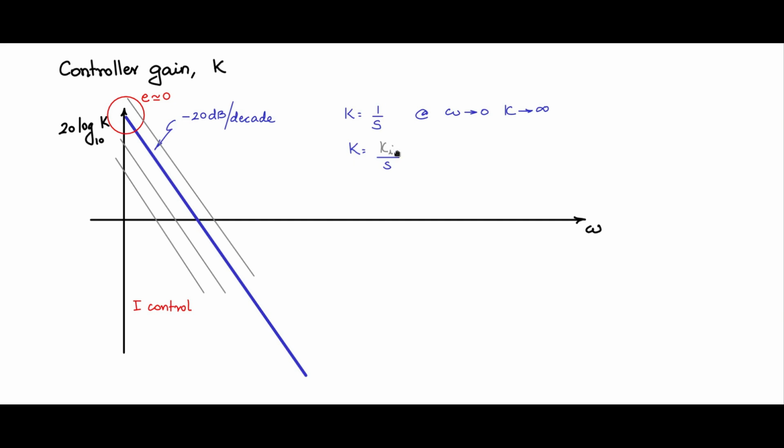For any other value of Ki, you have these parallels. Now, if I have to include Ki into this figure, the difference between this and this would be 20 log based on Ki. So I know which parallel to pick. If I start picking parallels as it starts to intersect the omega axis towards the right, the bandwidth is higher. So this is Ki equal to 1.